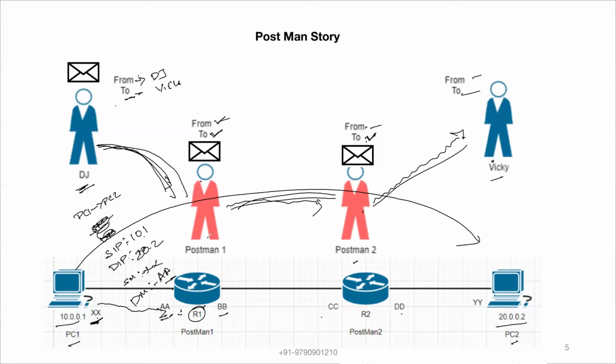Inside, it sees the destination IP is not my IP. It is someone else's IP. Then again it will re-encapsulate the packet. I will put the cover again. Source IP will be the same. It won't change, right? And on the letter, the from address and to address didn't change. Source IP will be 10.0.0.1. Destination IP will be